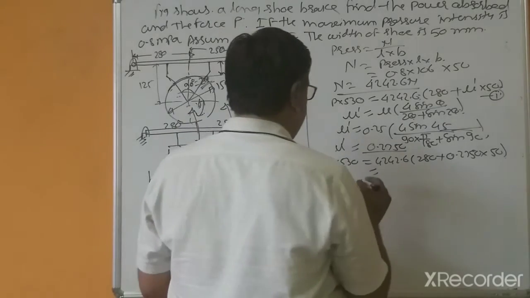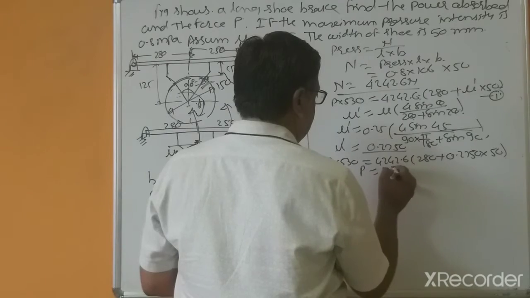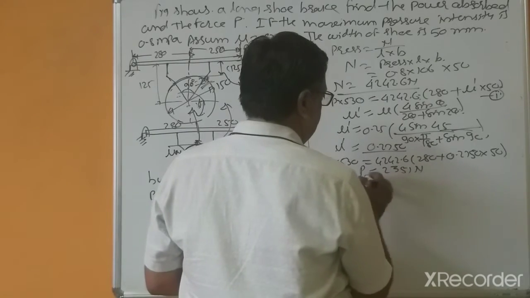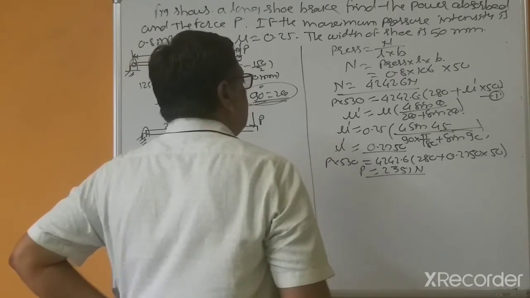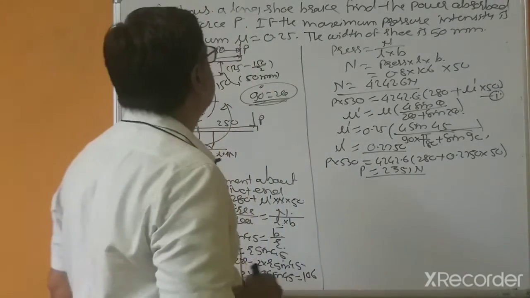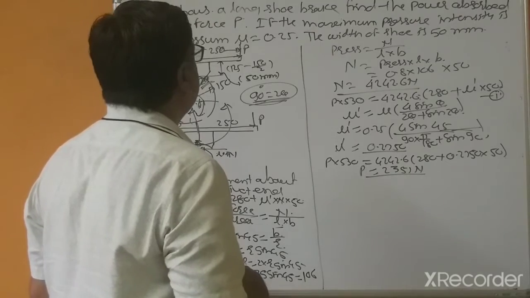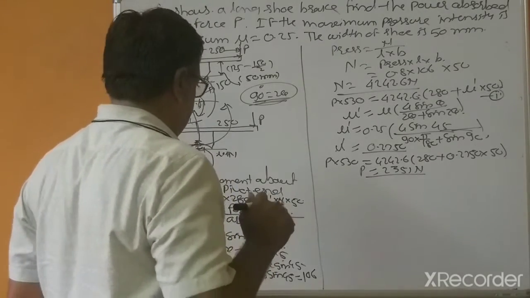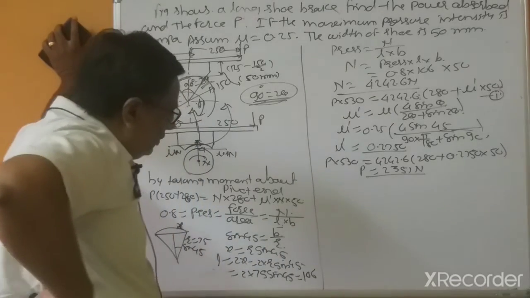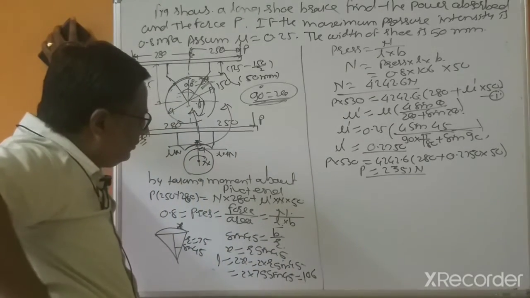P equals 2351 Newton. So this is the actuating force. So what is to be calculated? The figure shows a long brake; find the power absorbed and the force P. So the power absorbed equals